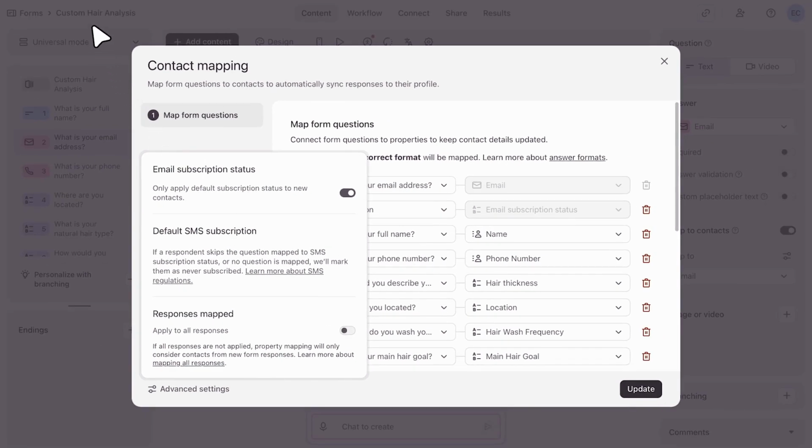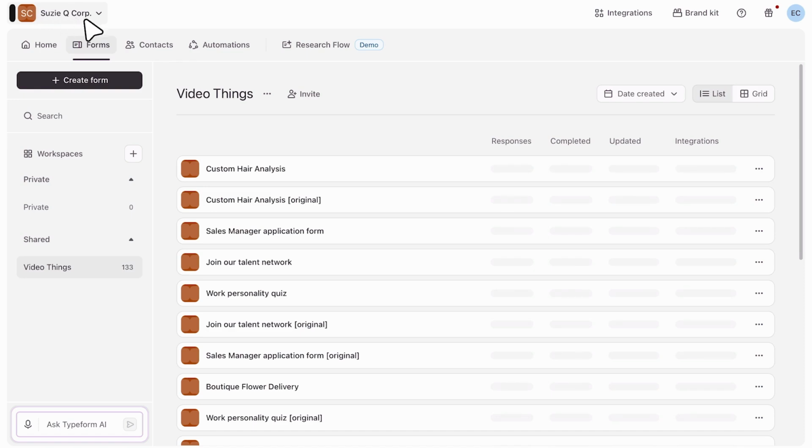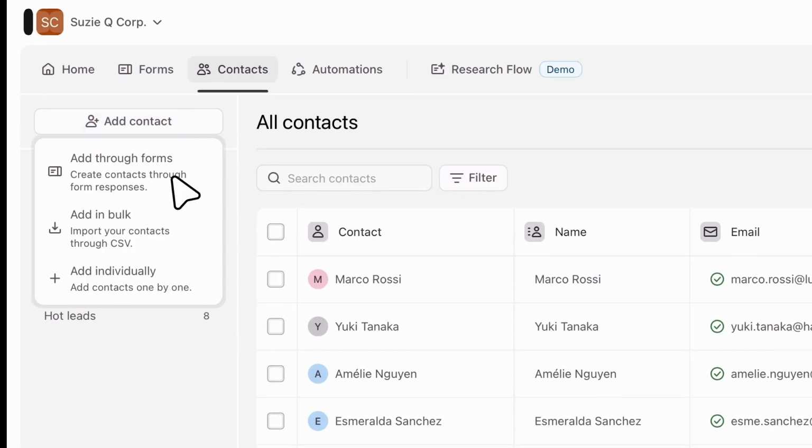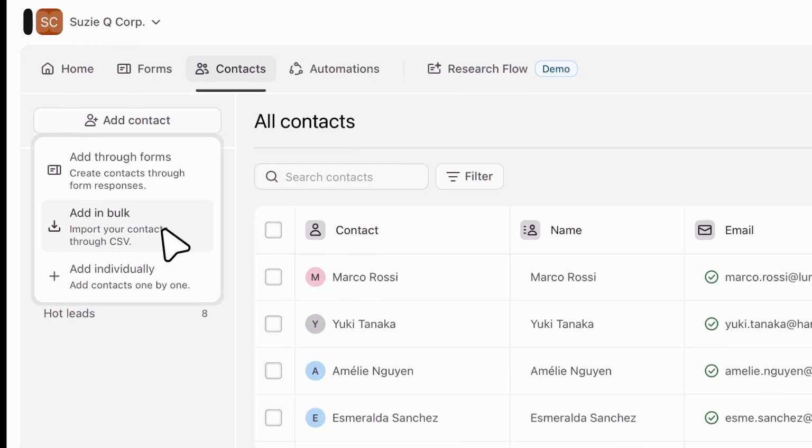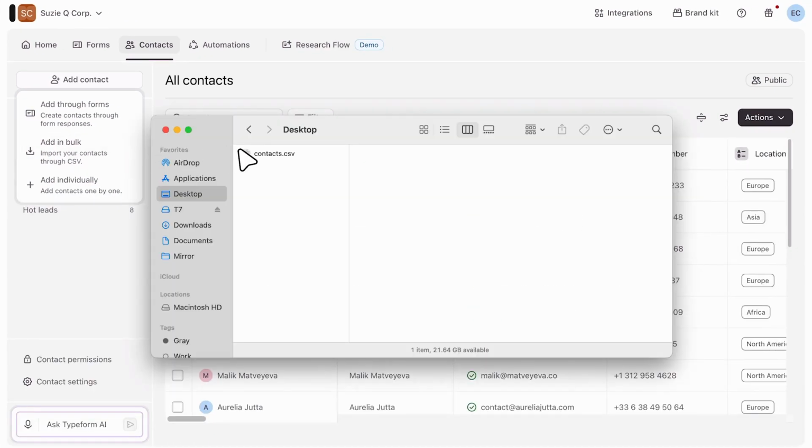Second, you can add contacts by importing a CSV file. From the Contacts tab, click Add Contacts and select Add in Bulk. This is useful if you already have contact data in tools like Google Sheets or a CRM system like HubSpot or Salesforce. Locate your CSV file